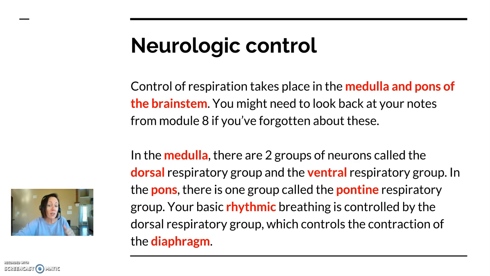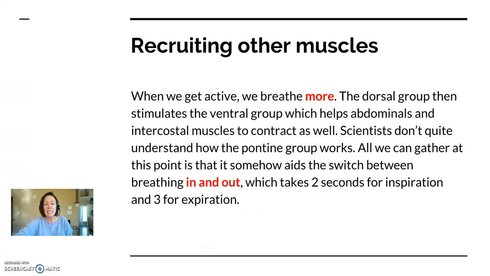So in the medulla, there are two groups of neurons. You've got the dorsal respiratory group in the back and the ventral respiratory group in the front. You've also got the pons, where there is one group called the pontine respiratory group. Rhythmic breathing is controlled by the dorsal respiratory group. It controls your diaphragm, and that gives you the rhythmic in and out of your breathing. But the more active you get, the more you have to breathe. So the dorsal group then stimulates the ventral group, which is in the front of your medulla,